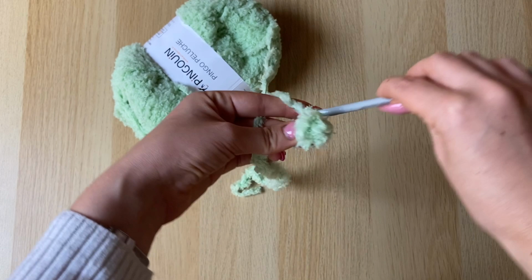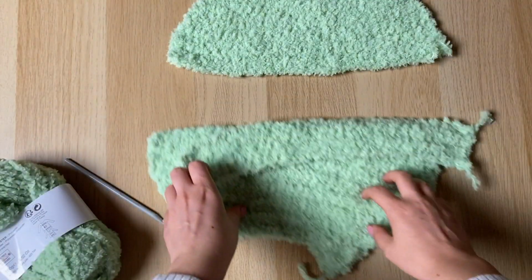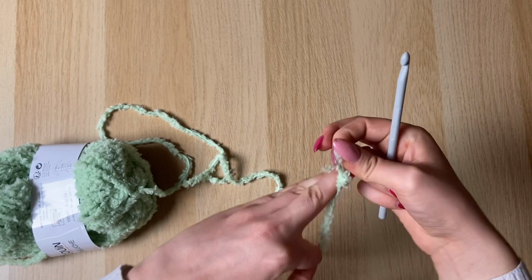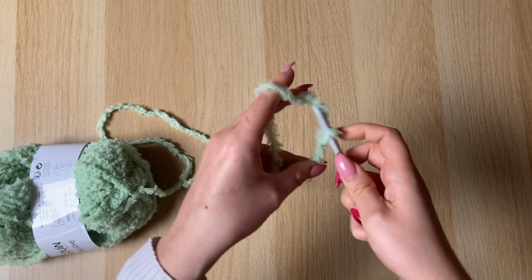So this is just 34 stitches of single crochet, and then I will get, as you can see, just a little triangle of 5 rows of single crochet. Now we're on to the side bits, which is a slip knot, then chain 6,